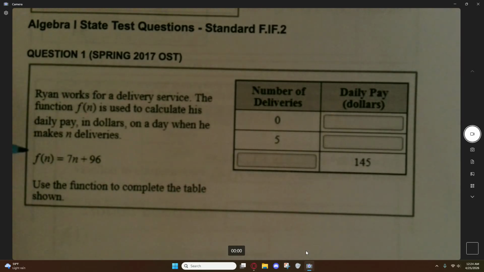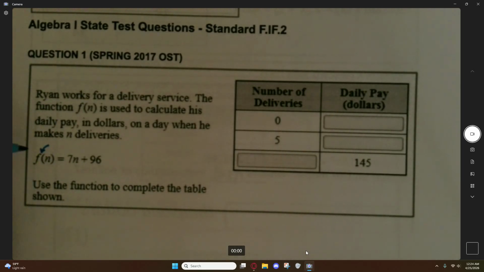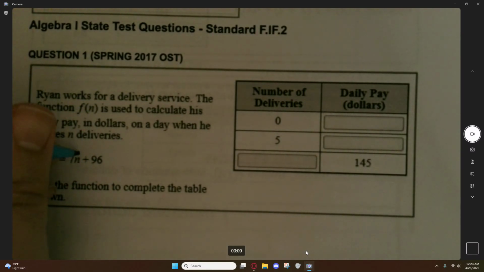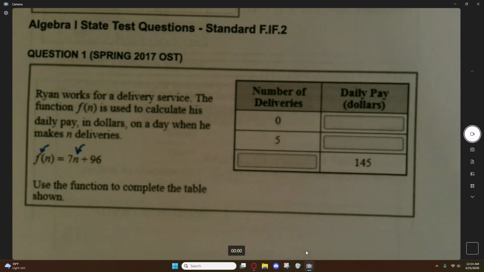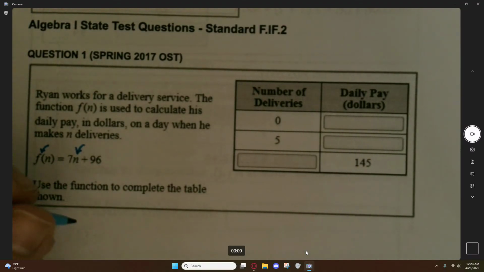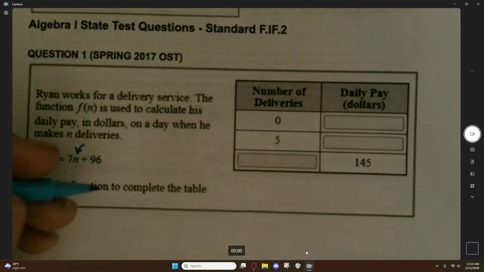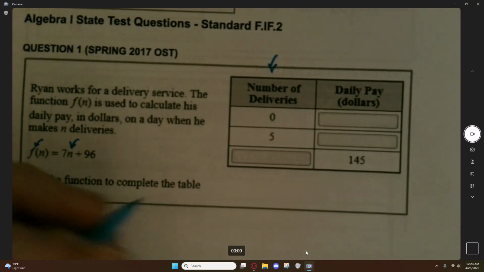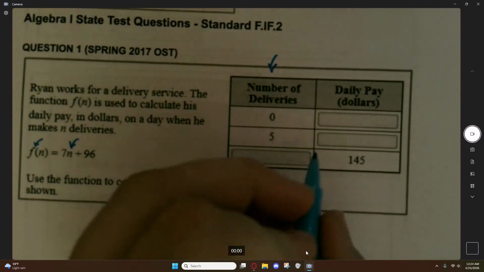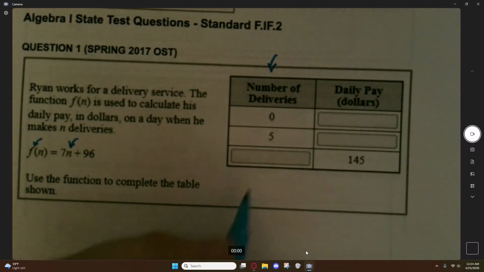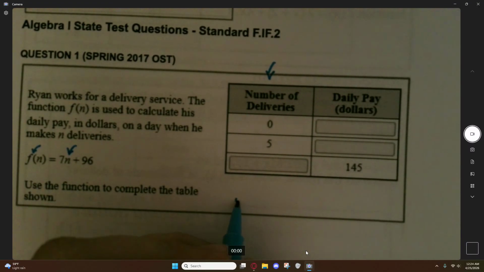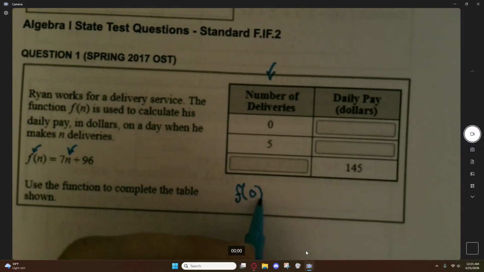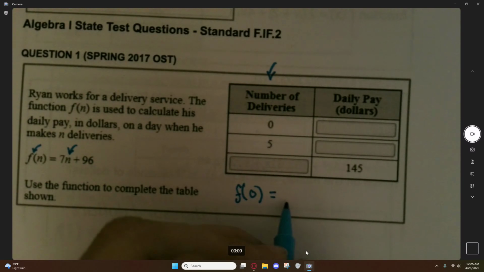So, when you look at this, f of n represents his pay, and the n represents how many deliveries he makes. So his pay is a function of how many deliveries he makes. Okay? Now, if you want to do this manually, when you take the number of deliveries and you need to find the daily pay, all you would do is take out n and substitute in however many deliveries he made. So, for example, f of 0, check the first line, equals 7